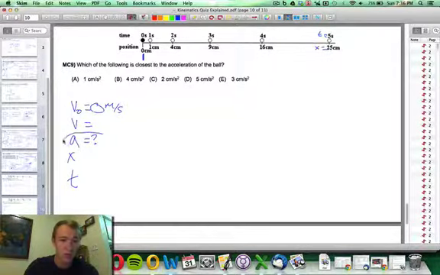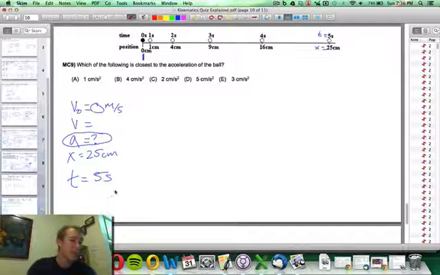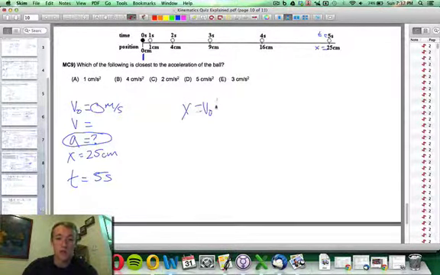Acceleration, this is what we're looking for, so I'm going to circle that. The position at the end there, 25 centimeters, so that's how far it traveled from 0 to 25. And the time duration is 5 seconds. We know with our kinematic equations, those first 3 on the sheet, that if you know any 3 variables, you can solve for another 1. So let's figure out which equation here is going to help us solve for this. My thought is this one here,